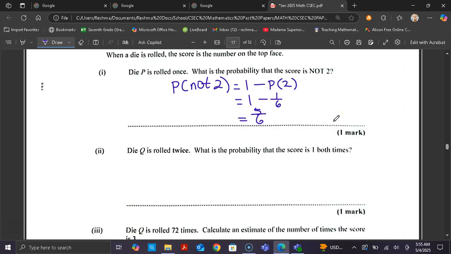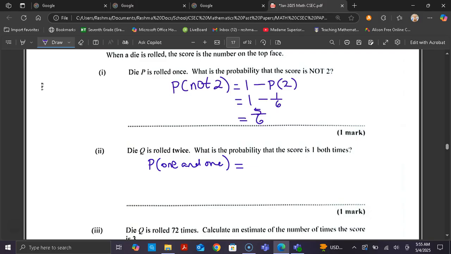So therefore, the probability of getting a score 1 both times, so that is a 1 and a 1,